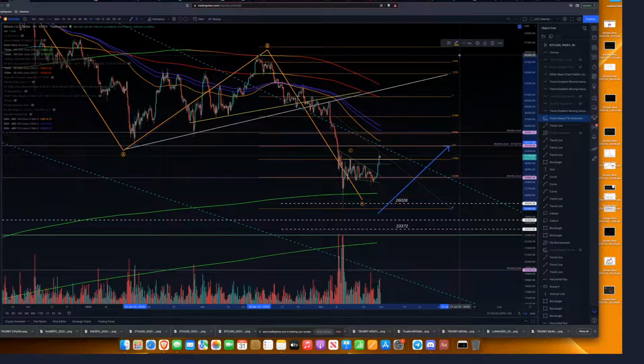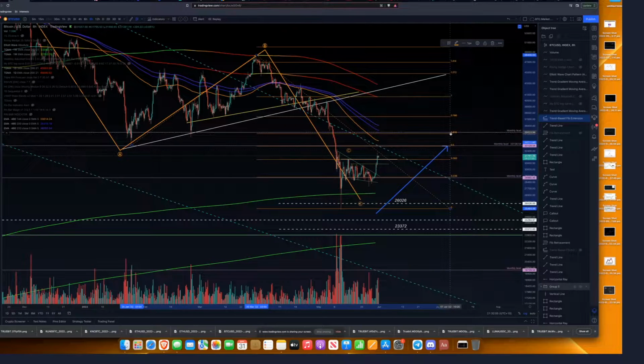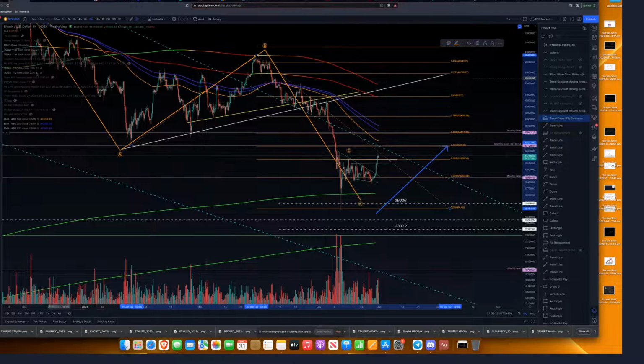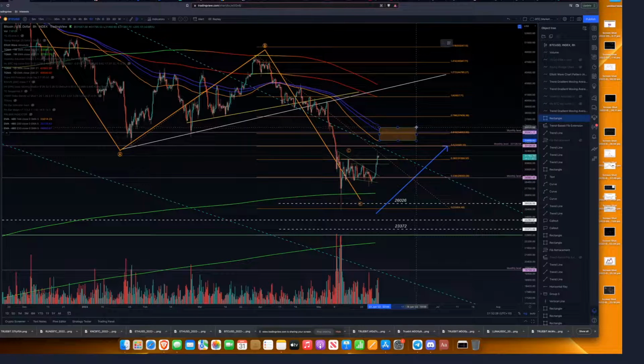You can see the 618 is confluent with the monthly level, and the other wick, I think there's another level there. So if I was to switch the pricing on, you can see this is going to be our major resistance level with these moving averages. So we've got the monthly candle, we've got the moving averages, and the 618. This is going to be a very strong resistance level, along with,